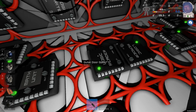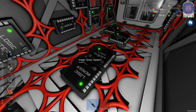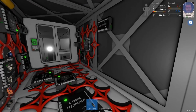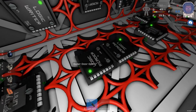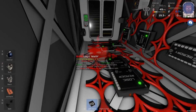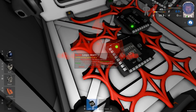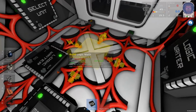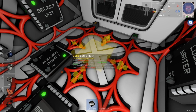So to do that, we can add them together and compare them to 0, of course. So that's a simple way of doing it. So let's go ahead and look at that. I guess the easiest thing to do is for me to put down a math unit. So let's just grab you. And I've got a space here that I wasn't using for anything else. I guess I could have space at the other end as well if I rearrange some stuff. But for now, let's just...